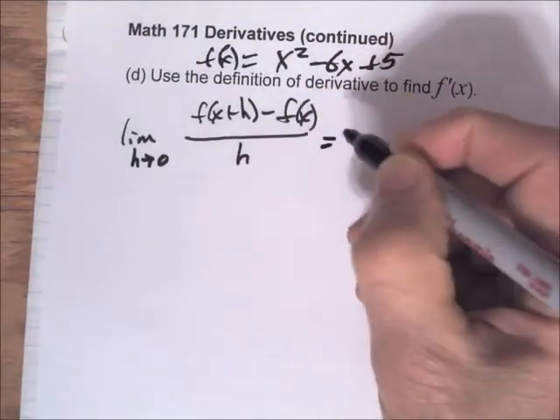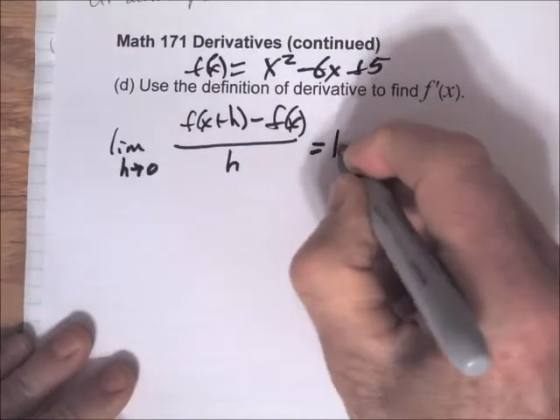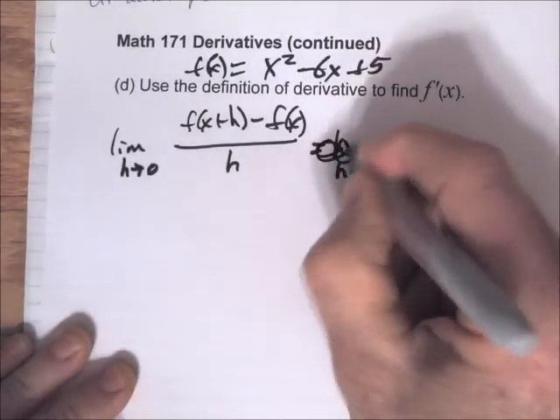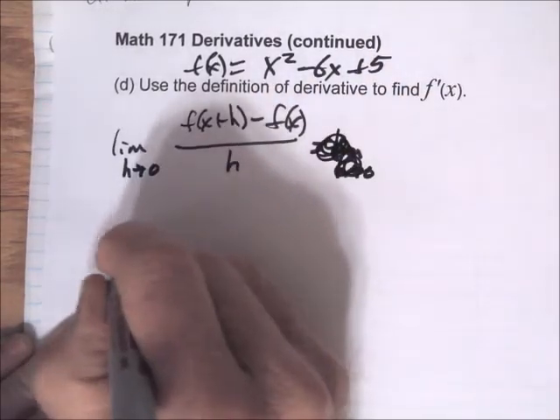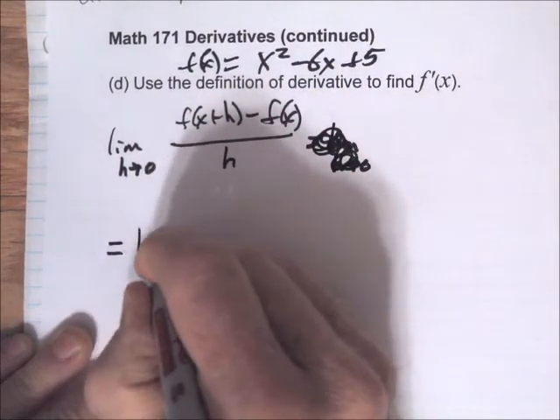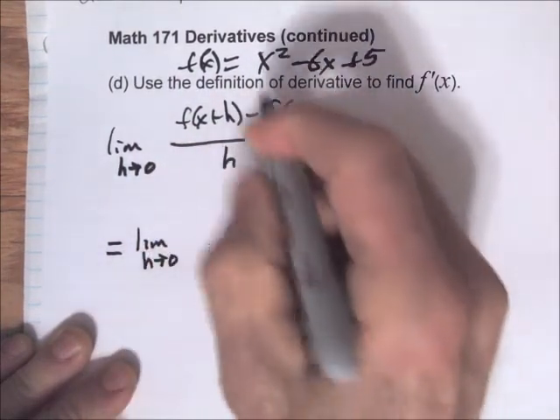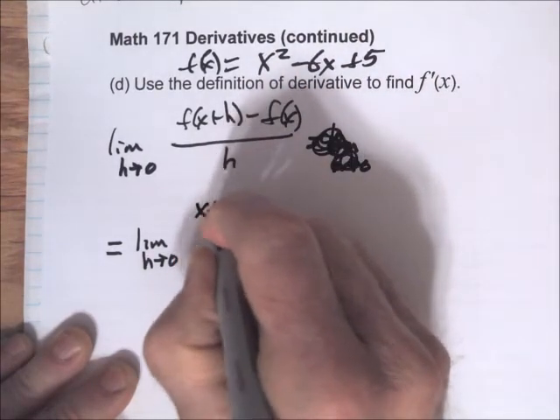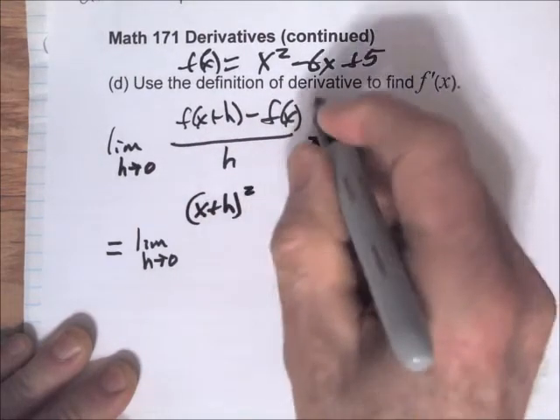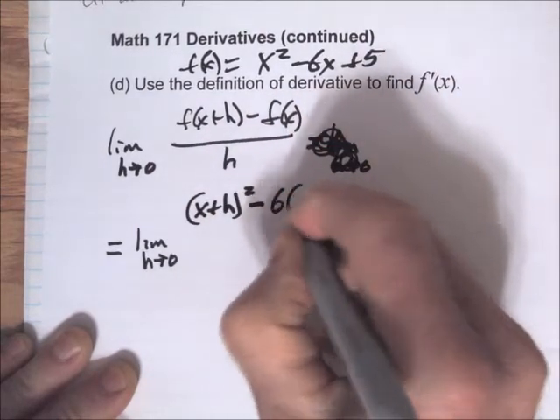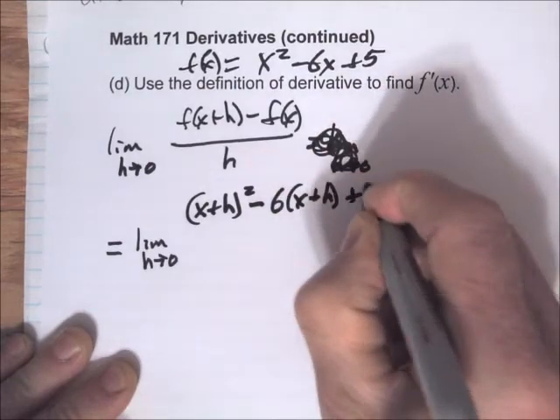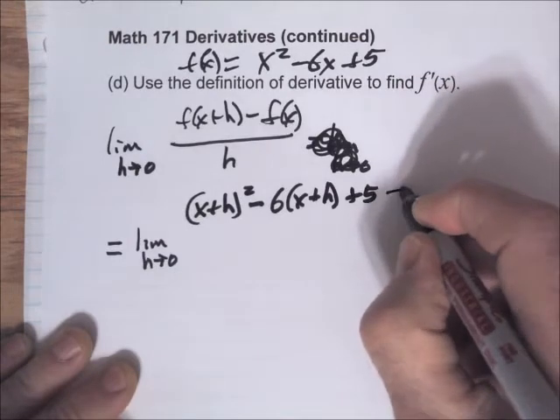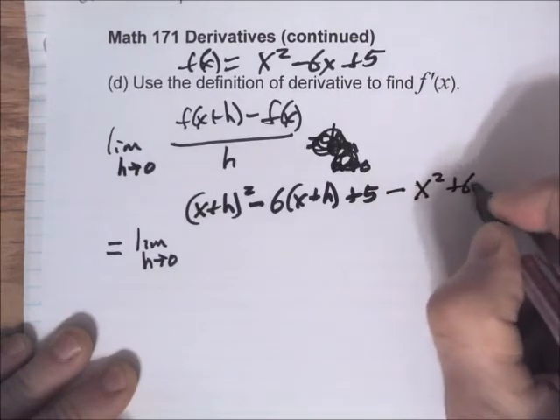So in the formula for f, I'll do this on the next line. I want to leave myself enough room here. In the formula for x, instead of x squared, we want x plus h quantity squared. Instead of 6 times x, we'll have 6 times the quantity x plus h, and copy the plus 5. And then we want to subtract f of x, so I'll just change the sign here. X squared plus 6x minus 5